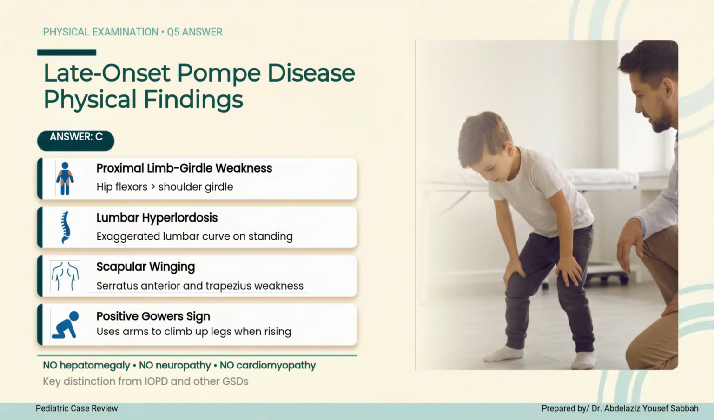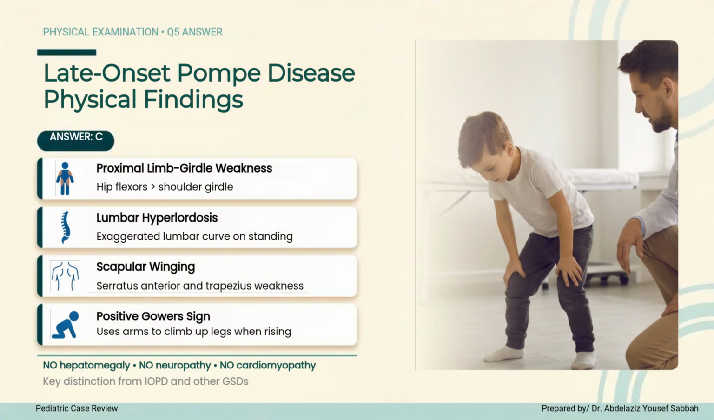Late-onset Pompe disease produces a proximal limb girdle pattern of weakness, with the hip flexors typically more affected than the shoulder girdle. Lumbar hyperlordosis appears as an exaggerated lumbar curve when the child stands, a compensation for weak hip and trunk muscles. Scapular winging results from weakness of the serratus anterior and trapezius. A positive Gowers sign is also seen, where the child uses the arms to climb up the legs when rising